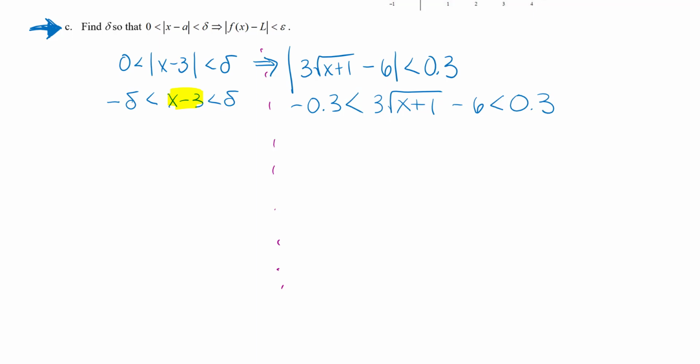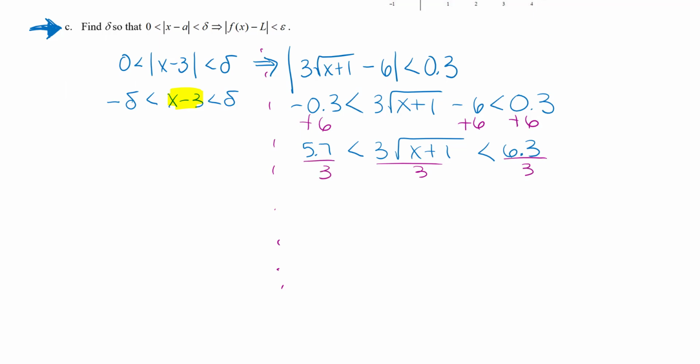So the first thing I would do is probably add 6 to the middle, and therefore you have to add it to each end. So I would have 5.7 is less than 3 times the square root of x plus 1, and that's going to be less than 6.3. I would probably next divide through by 3. So 5.7 divided by 3 is 1.9 exactly, and then in the middle we'll have the square root of x plus 1, and then 6.3 divided by 3 is